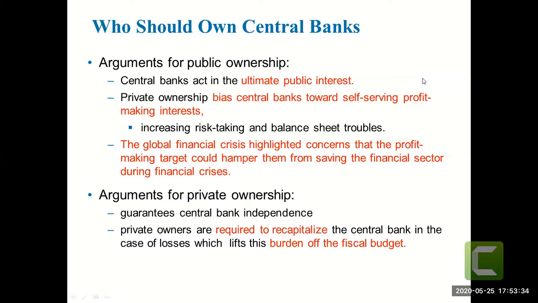Supporters of private ownership argue that their first argument is that private ownership guarantees central bank independence. This means when central banks are owned by private investors, for example private banks or private individual investors, it increases independence. Independence can be expressed in two ways: independence in operation and independence in appearance. For example,